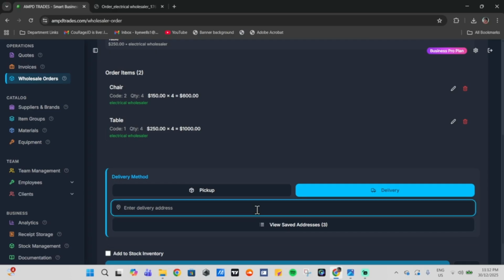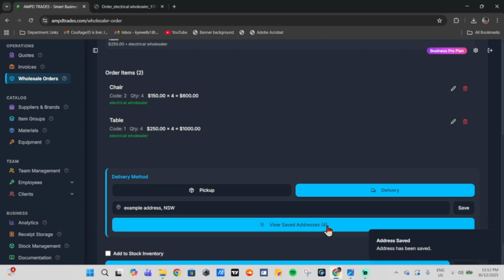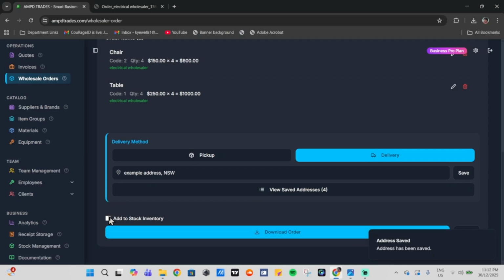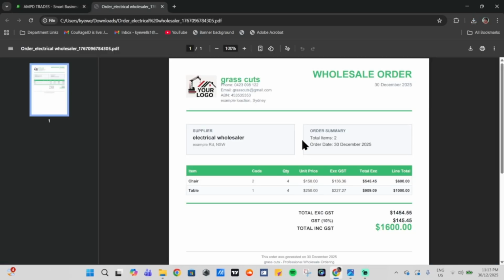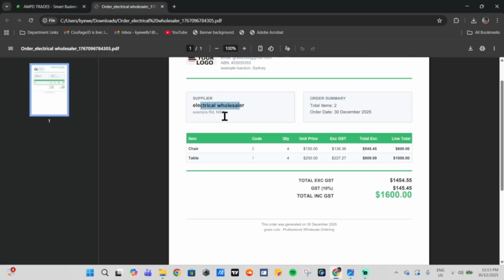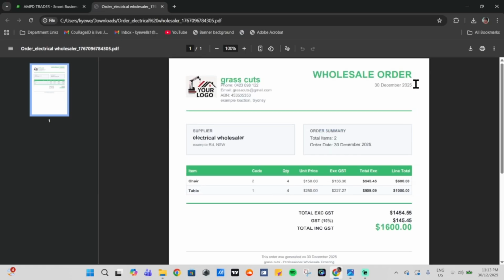Let's add in an example address. Now you can save this address here and it will go into your saved addresses. Now I recommend you tick add to stock inventory and press download order. Now this is what it creates. It has your supplier here, order summary, your items, code, quantity, unit price, all of the GST stuff, the date,